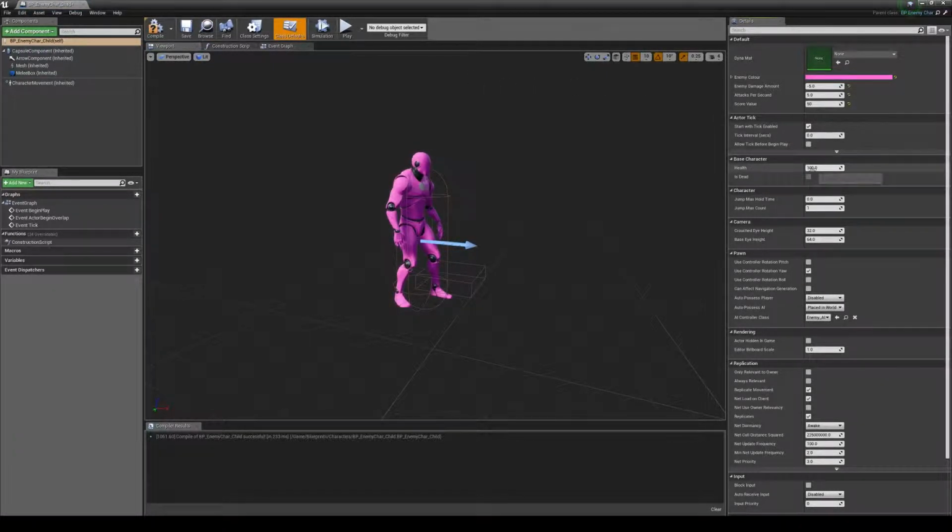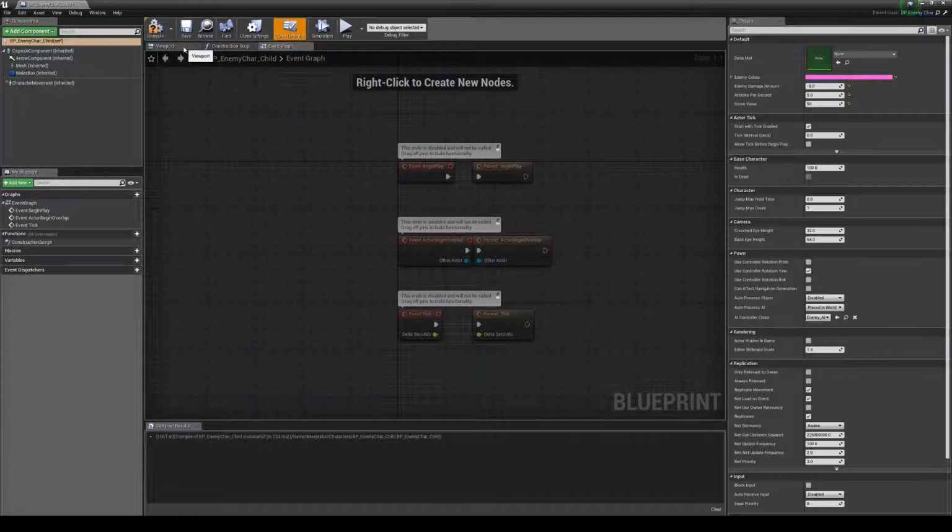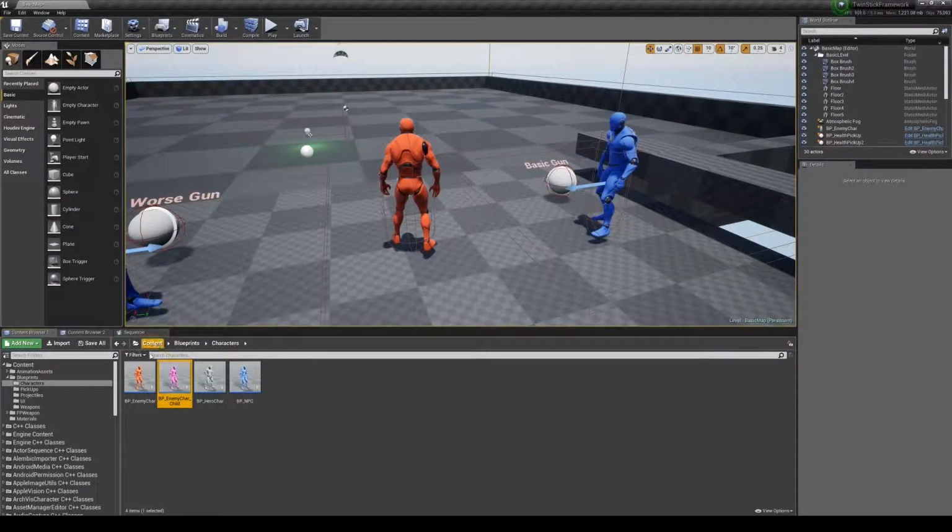So now you'll notice he has a health here. That can't be changed because it's been programmed in C++. So unless you were to jump into the C++ project, you won't be able to change that. And same with is dead, that just gets changed when his health has run out. What you could do is, if we go into here,